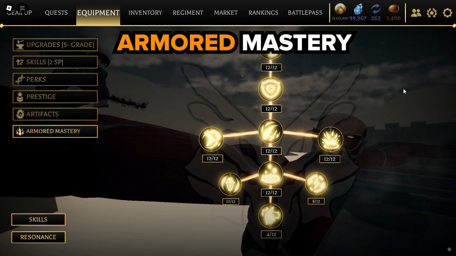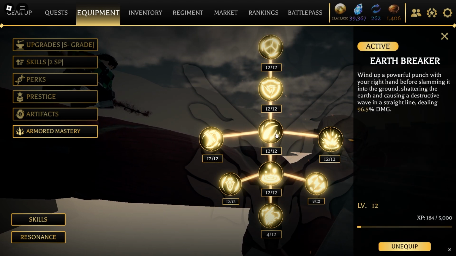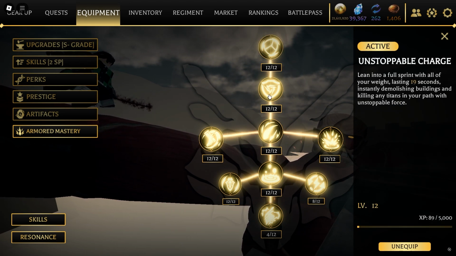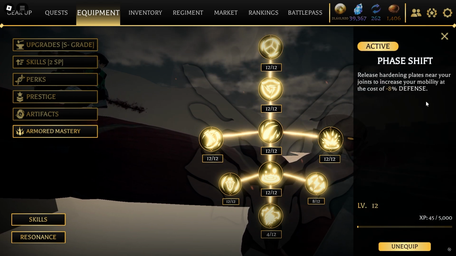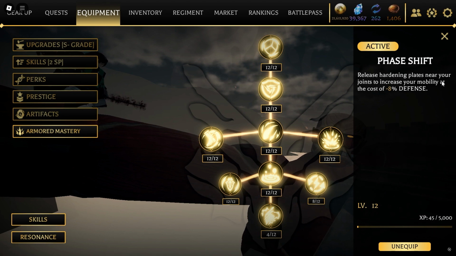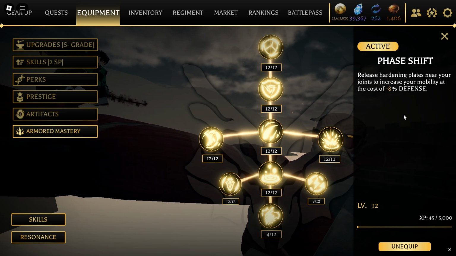Moving on to the armor titan. The armor titan actually has 6 fighting moves, which are Roar, Earthbreaker, Titan Toss, Unstoppable Charge, Courage, and phase shift. With phase shift, you level up by having the skill continuously activated over and over again, and I'm not too sure if running around while having phase shift activated gives you XP. You guys might want to try that, but I know for sure that continuously activating it over and over again does